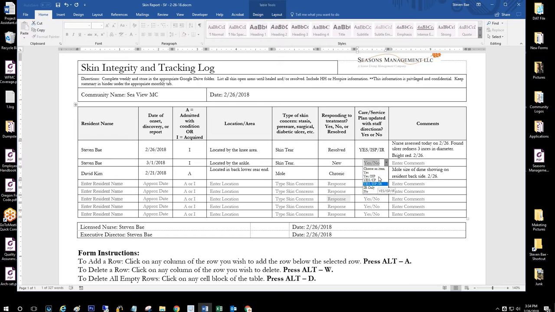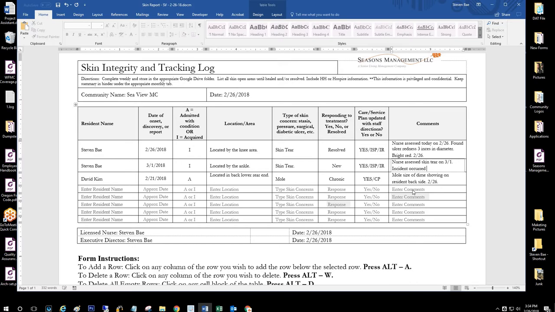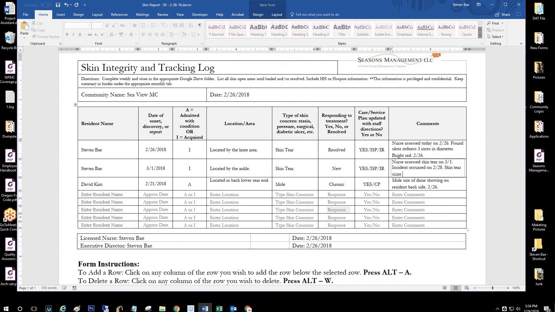And the drop-down menu items here, it's either yes ISPs or care plan, or ISPs, yes ISPs with incident reports, or incident report only, or no. So an ISP was done and an IR was done too. Just in case. So nurse assessed skin tear on 3/1. Incident occurred on 2/28. Skin tear size